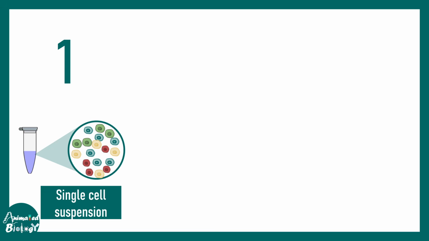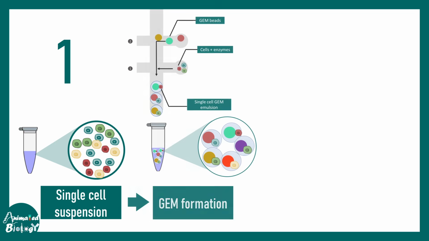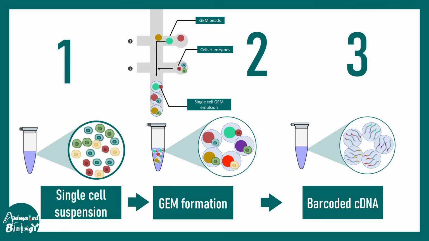So overall, what we looked at so far is a workflow where it starts with single cell suspension, followed by combining those single cells with the gem bead to form emulsion. This is a critical step. The gem emulsion formation is a very critical step. In step 3, we looked at how we basically barcoded these individual cDNA with that